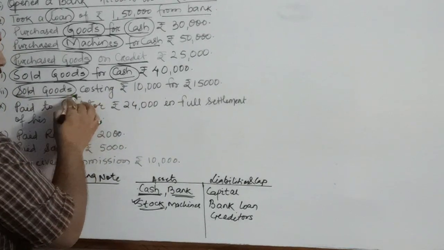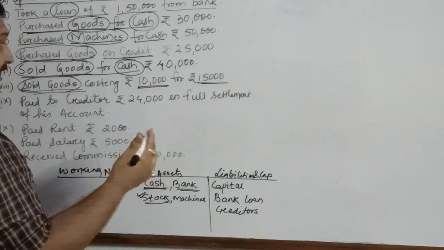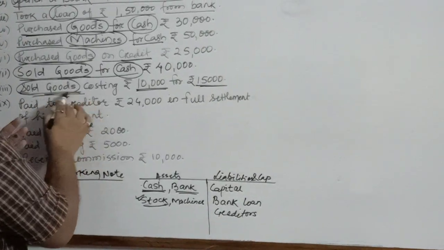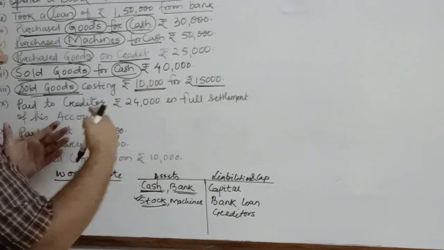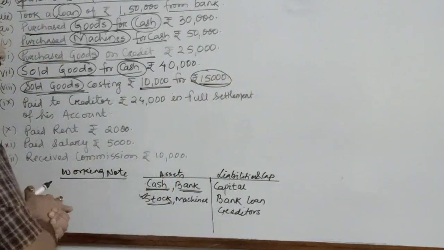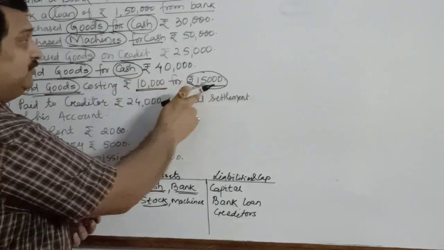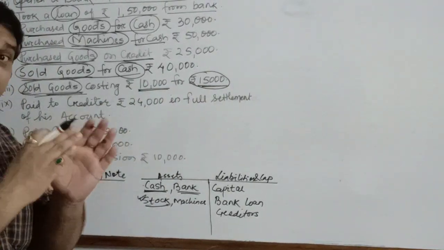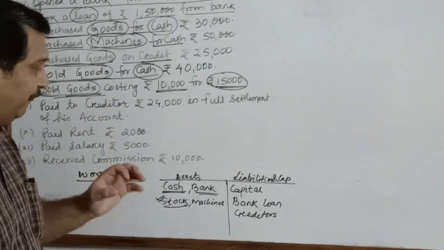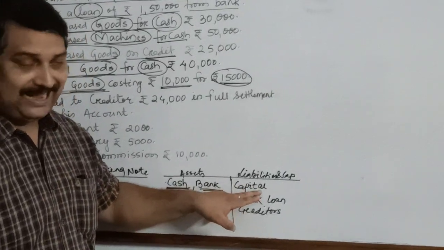So we have sold goods of rupees 10,000 for rupees 15,000. That means there are three things involved in this particular transaction. We are selling goods, meaning stock, and when we are selling, we are receiving cash. So cash is another. How much cash are we receiving? We will receive 15,000. But what was the value of the goods? 10,000. So goods of 10,000 are sold for 15,000. That means there is a profit of how much? Sorry, 5,000. That profit will increase my capital. So I will add that profit to my capital.